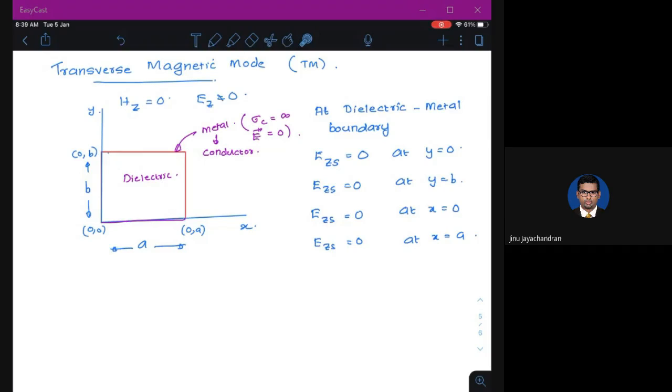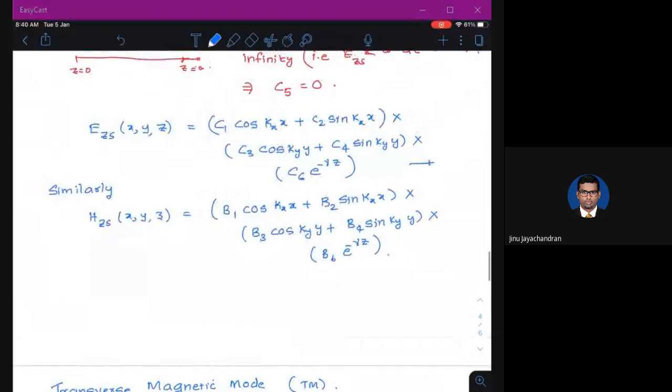Fine. Now we will apply these conditions, which are boundary conditions. Let me number these as, let's say, 1, 2, 3, and 4. So we are going to apply the boundary conditions to this equation, let me number this as A, and this as B. So we are going to apply the boundary conditions to the equations A and B. We'll apply it to A and B similarly. Okay,